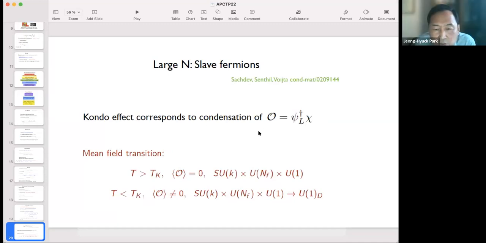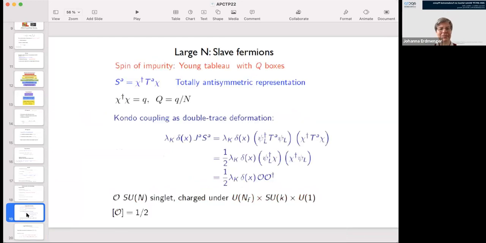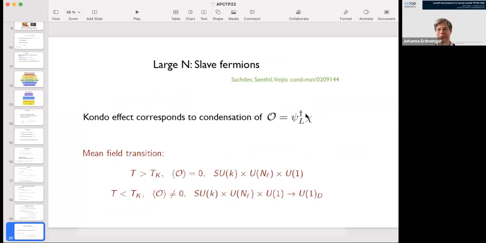Yeah. This operator is not invariant under this additional U(1) symmetry you talk about. No, exactly, because the condensation spontaneously breaks this additional U(1) symmetry. If it's a superconductor or a superfluid, the spontaneous breaking needs to break some symmetry, and it's precisely this additional U(1) which is spontaneously broken by the condensation of this operator.